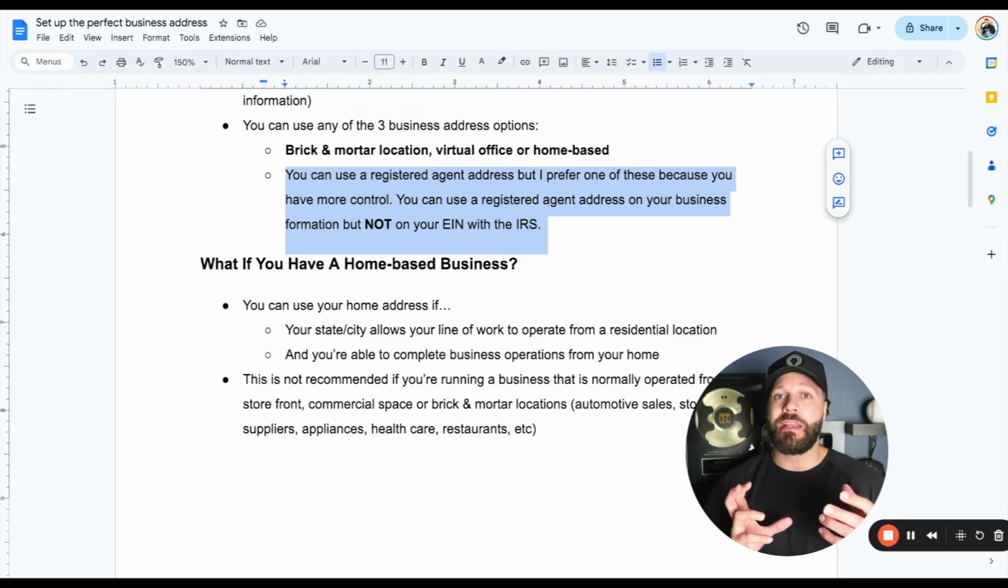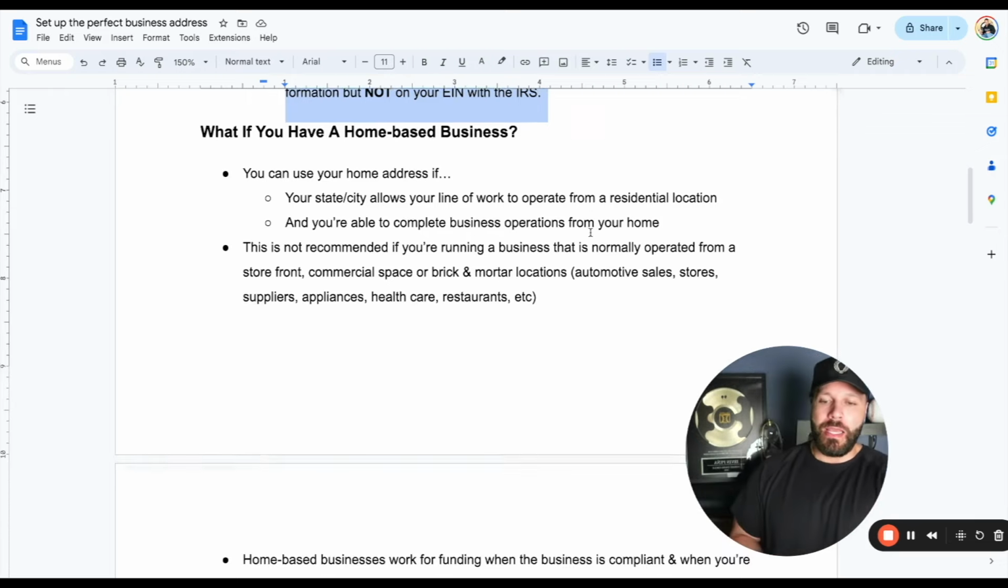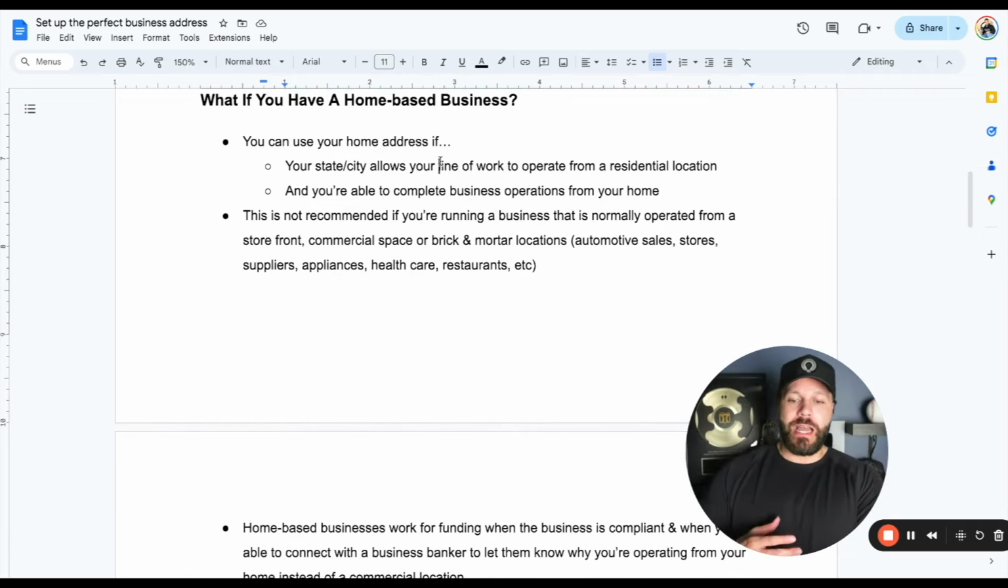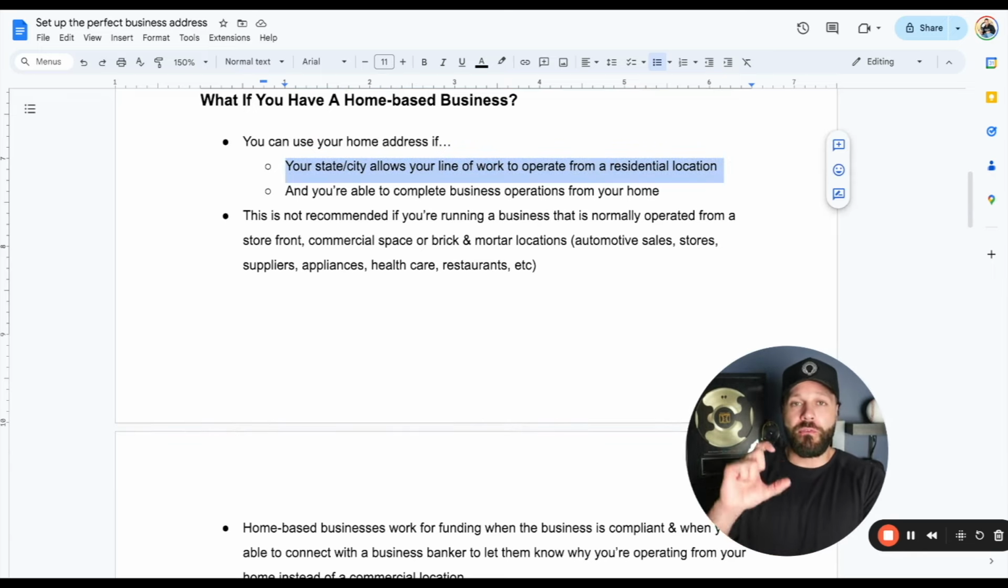And if there's maybe an issue with that address altogether, you'll see what I mean here in a little bit. So let's first dive into a home-based business address. Now, you can use a home-based business address if your city or your state allows you to operate from a